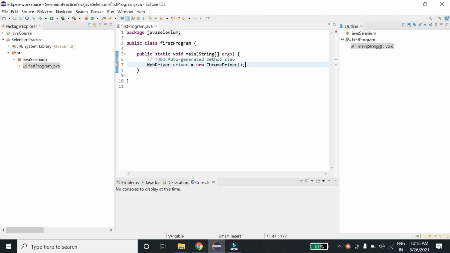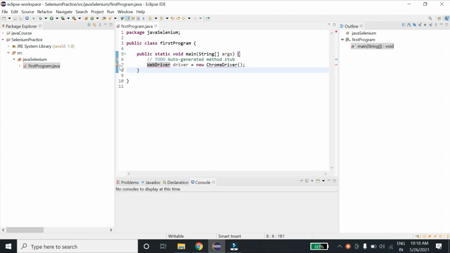Now, whether this WebDriver is a class or an interface, why I wrote WebDriver equals new ChromeDriver, and can we write ChromeDriver equals new ChromeDriver or not? We'll discuss all these things, but let's first understand how we can import our Selenium jars within our project.